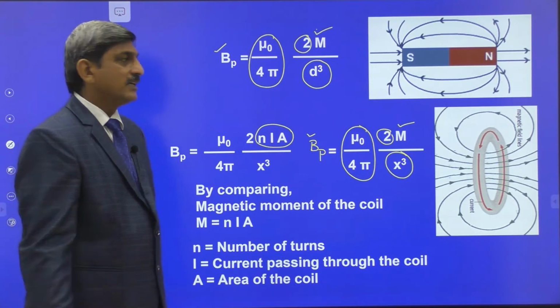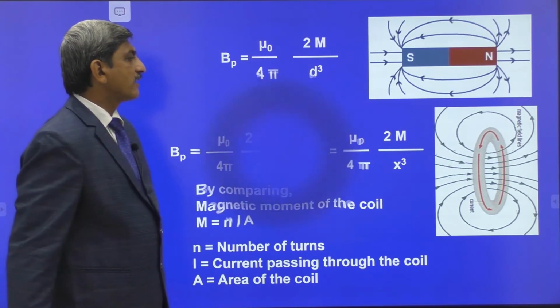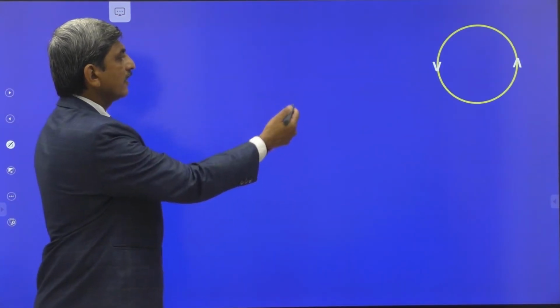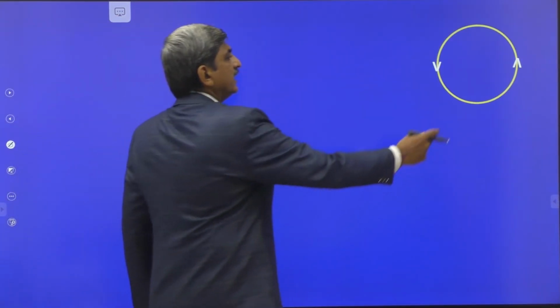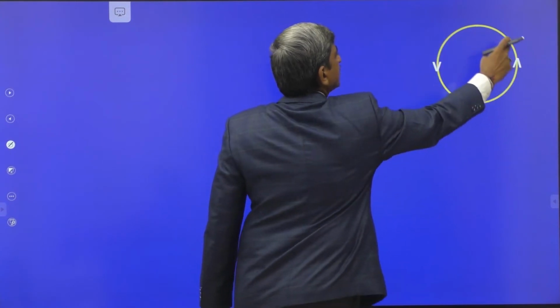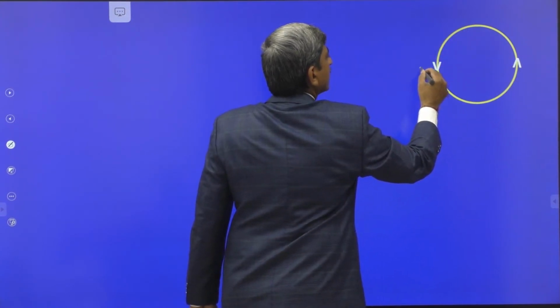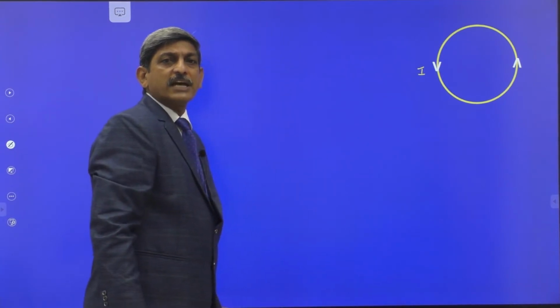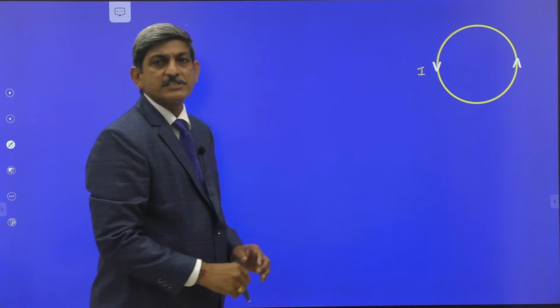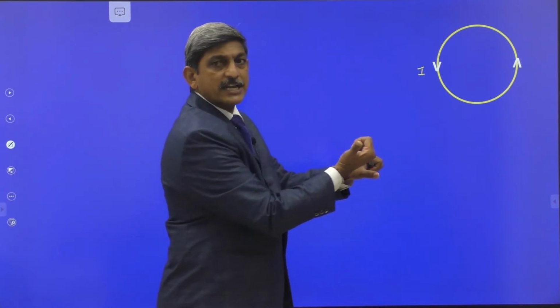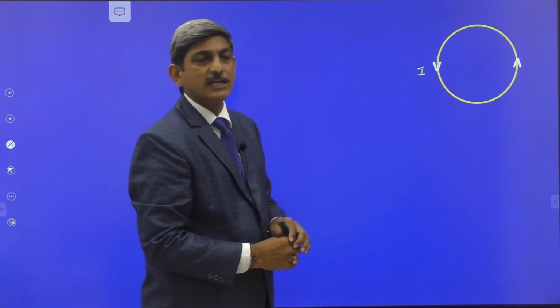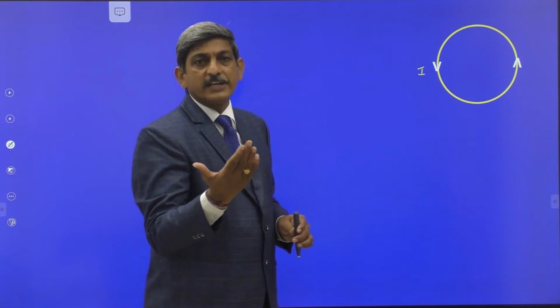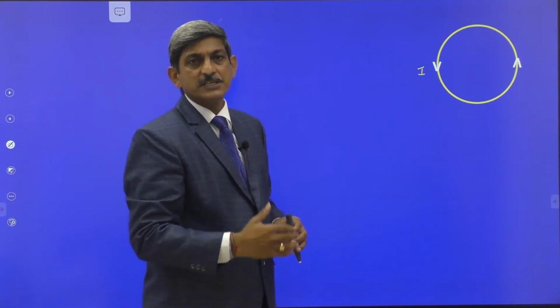To get clarity, I am going to explain in another way, see that way. Here, there is a current carrying coil which is carrying the current in the anti-clockwise direction. Already we studied that whenever the current is passing through the coil in the anti-clockwise direction, through one face the magnetic lines of force are coming, through the other face the magnetic lines of force are entering. Here, already I explained the way of determination of the direction of the magnetic field in the previous sessions.